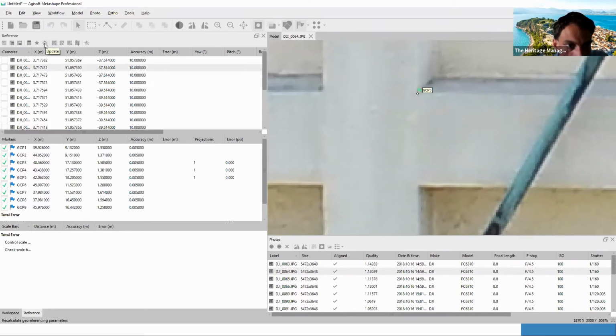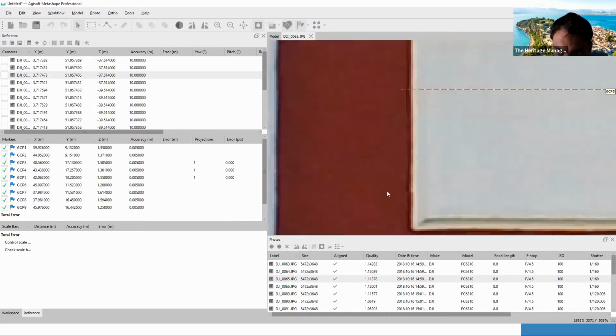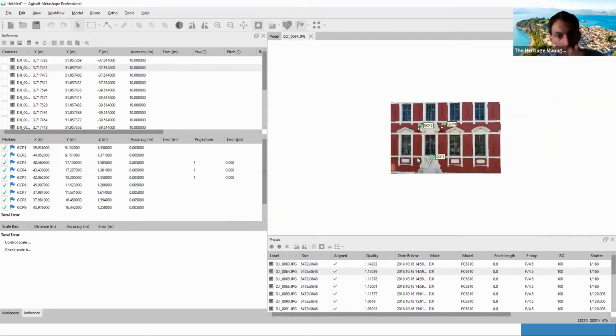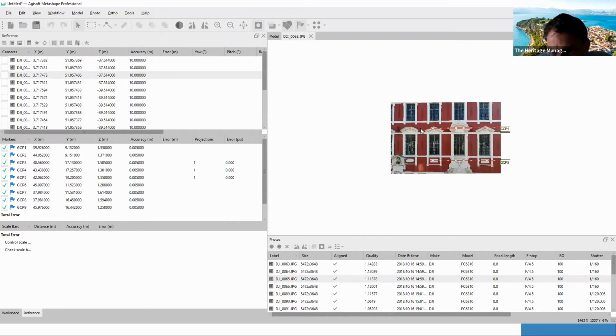And now, if I press update, not enough reference data. Now I have to do the same on another photo. So I already assigned 3 points to one photo. I will take another photo and you will see here